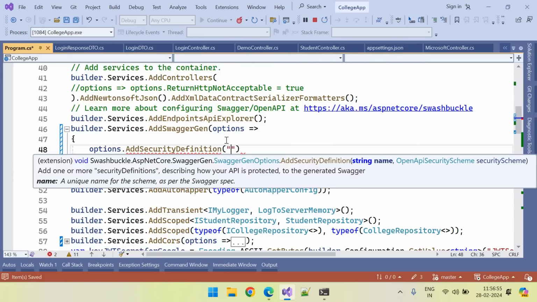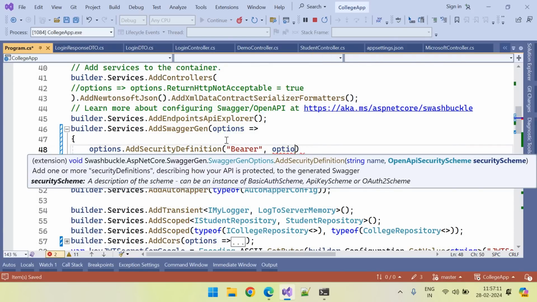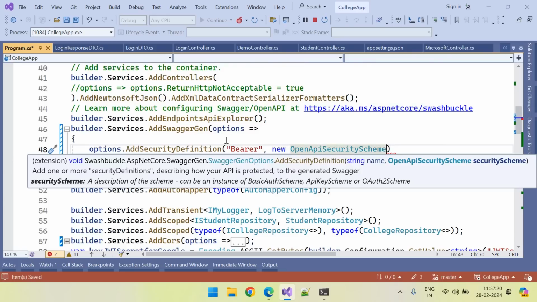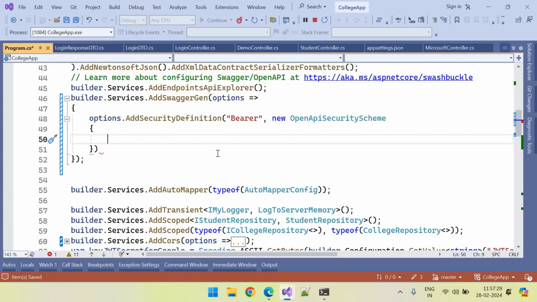So the definition name here is Bearer. That's the name. We need to add the definition here. New OpenAPI security scheme. Enter. And here, what is the description of it? The description is, so it is a JWT authentication, JWT authorization header using the